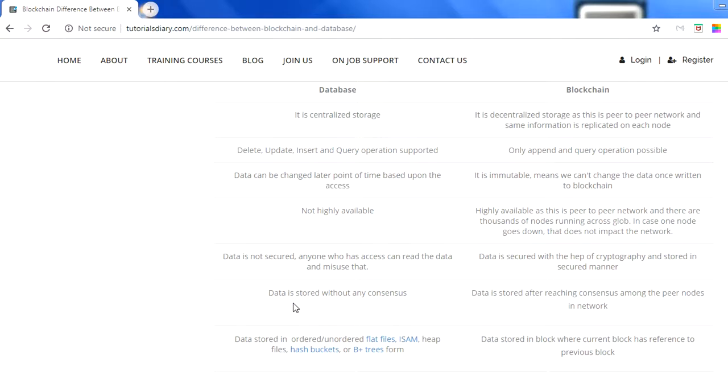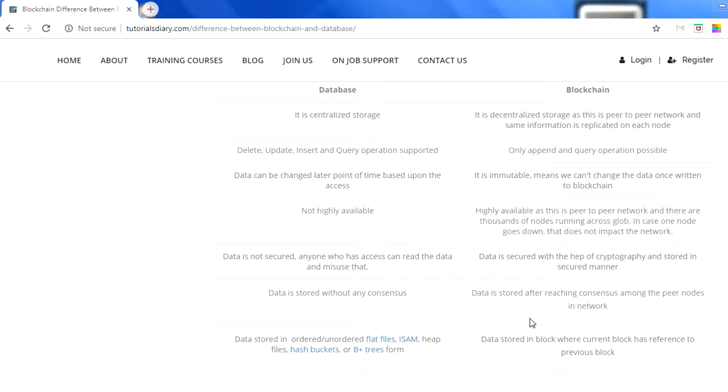And the next point is that in a database, data is stored without any consensus. Anyone who has access can add, delete and insert information. This is mainly for the insert operation, where you want to add new information. Anyone can go and add that information, but in blockchain that is not feasible. In a public blockchain, all the 30,000 nodes need to come to one point. If I give you an equation, 1 plus 1, everyone has to agree that 1 plus 1 is 2.